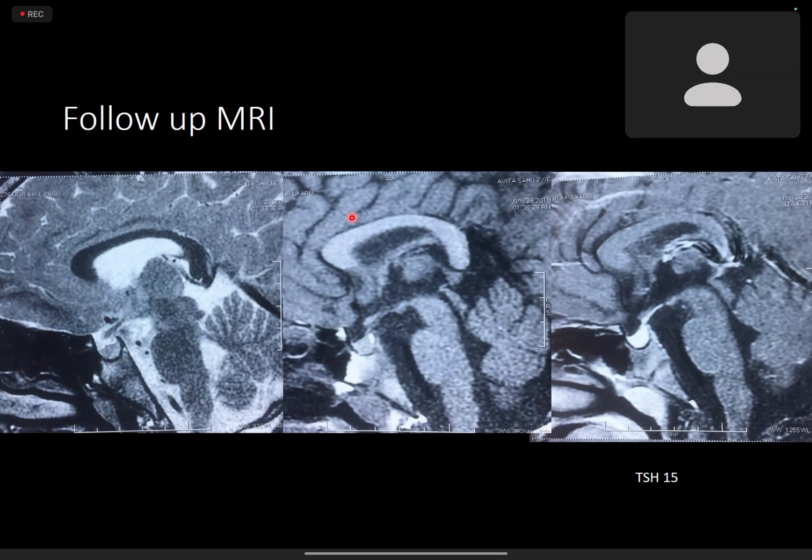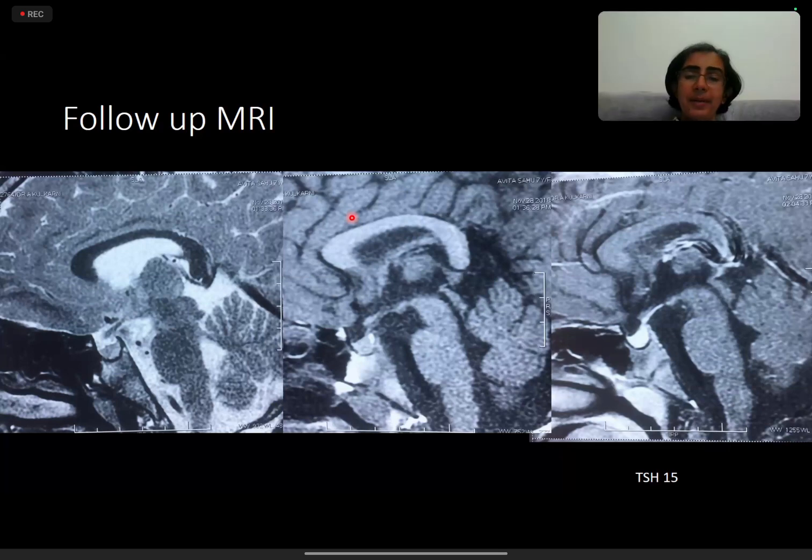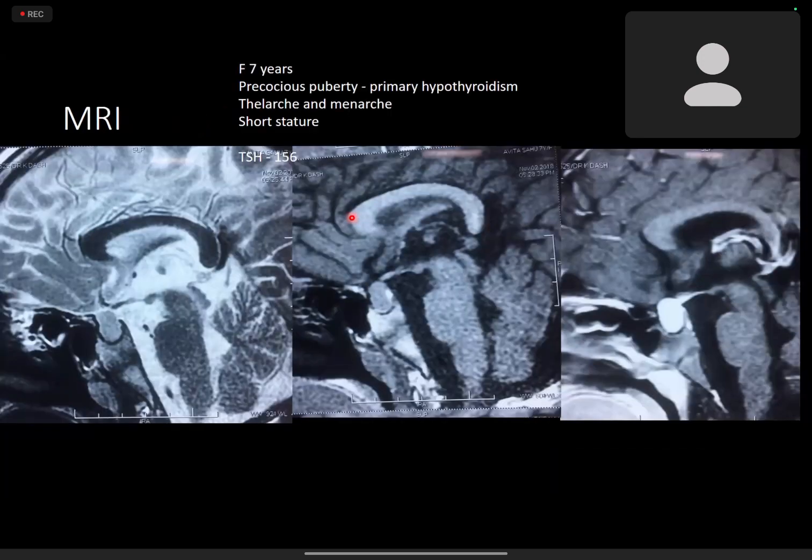Ma'am, in the follow-up MRI, the same lesion is not seen. The pituitary appears concave upwards, and there is a normal appearing height of the pituitary. We can't measure it here, but normal appearing height. So in such a case, I would think of pituitary hyperplasia, because a pituitary macroadenoma wouldn't regress without treatment unless it was a prolactinoma where you give bromocriptine and there are chances. Otherwise, it wouldn't regress. But this patient has not received bromocriptine, right? This patient has just received treatment for the hypothyroidism.